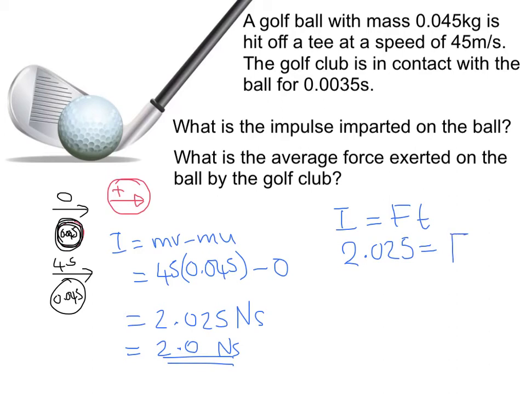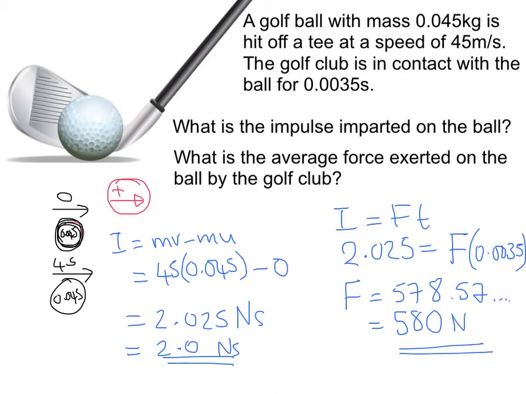The force is what we're trying to find out, and the time is 0.0035. So if we do 2.025 divided by 0.0035, then we get F equals 578.57 and so on. So to 2 significant figures, 580 newtons is the force, average force exerted on the ball